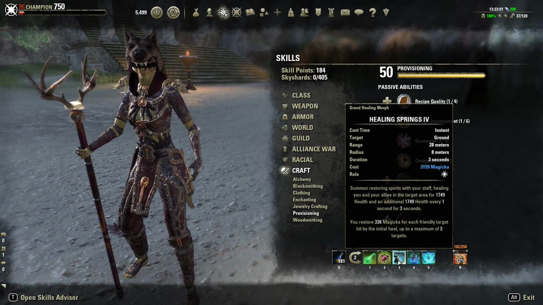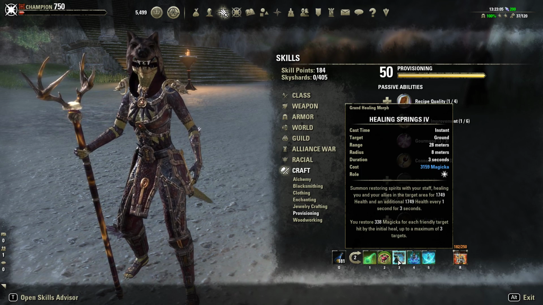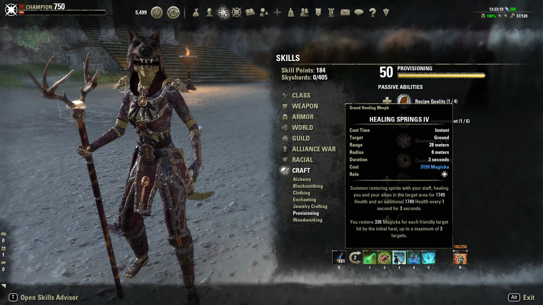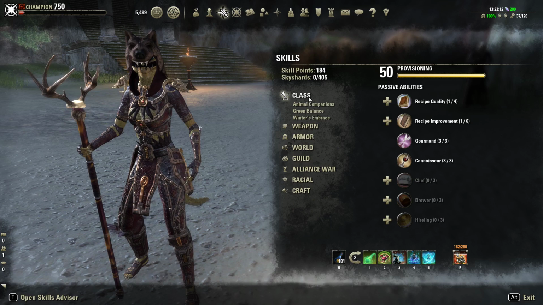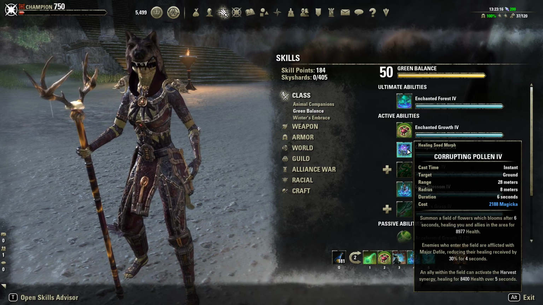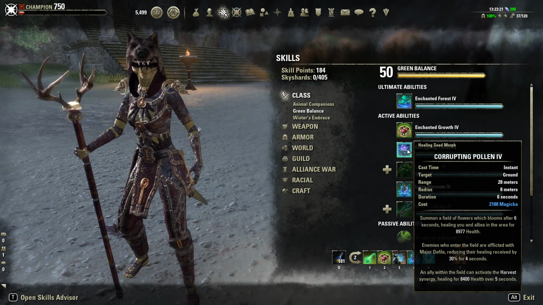Next ability on your bar is Healing Springs. Now, Healing Springs is really good. It does good healing. It gives you magicka return, that kind of thing. It's just a really good overall thing. If you wanted to, though, you can also switch it out for Corrupting Pollen. This is what I like to use when I'm in one particular dungeon for sure, and that is Dire Frost